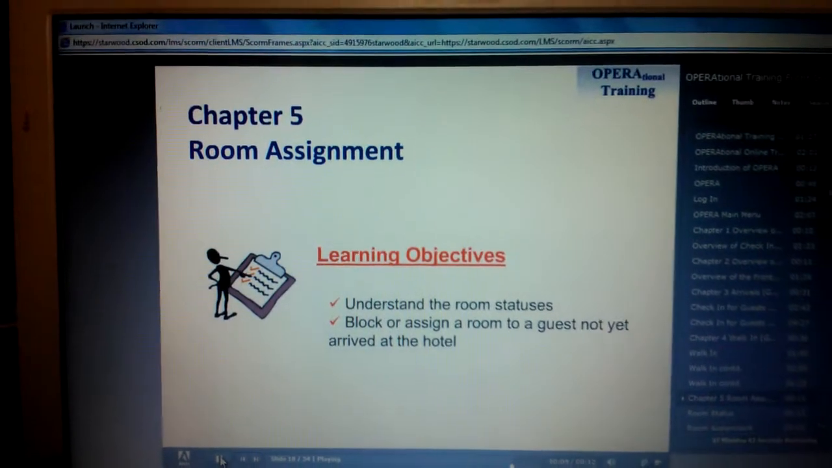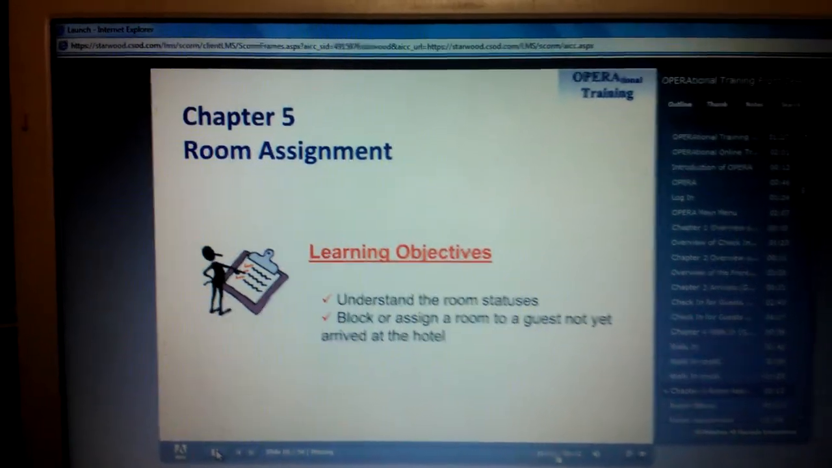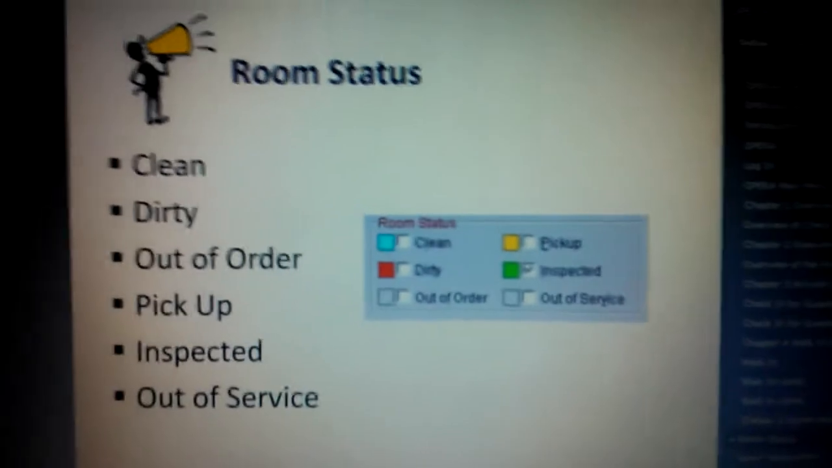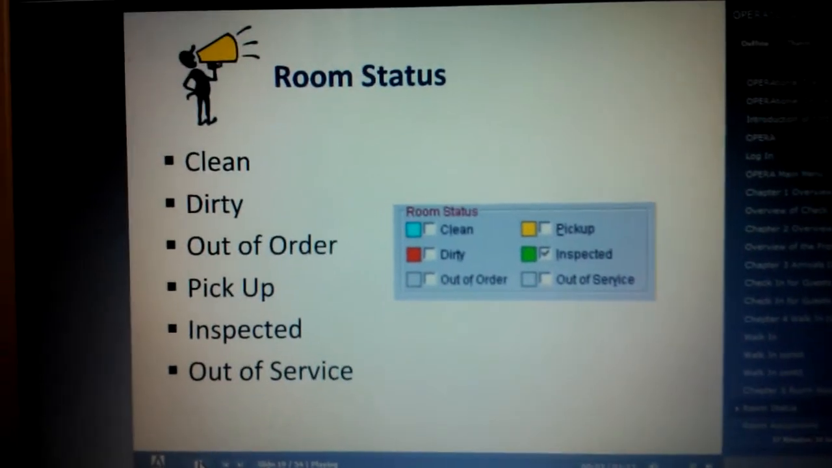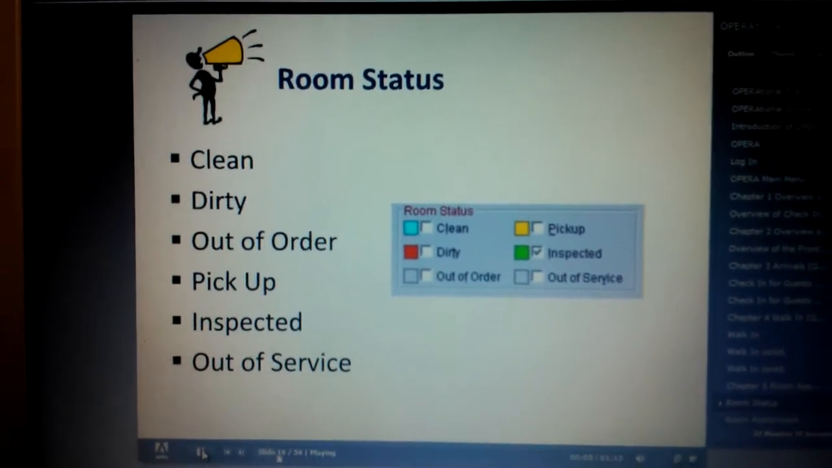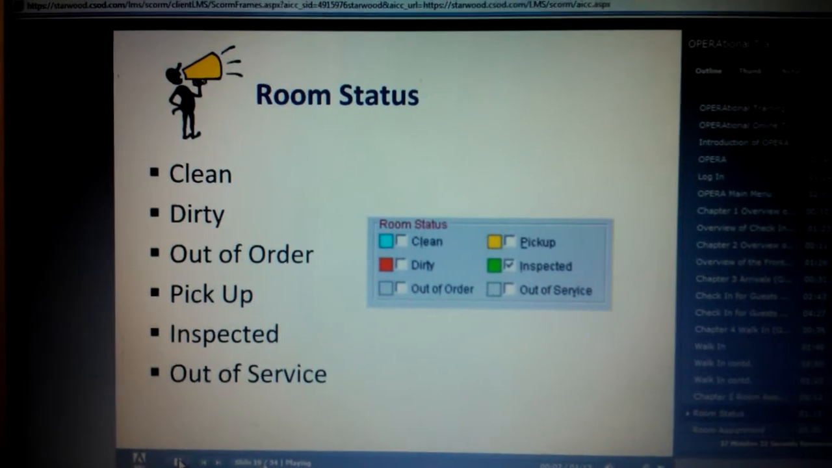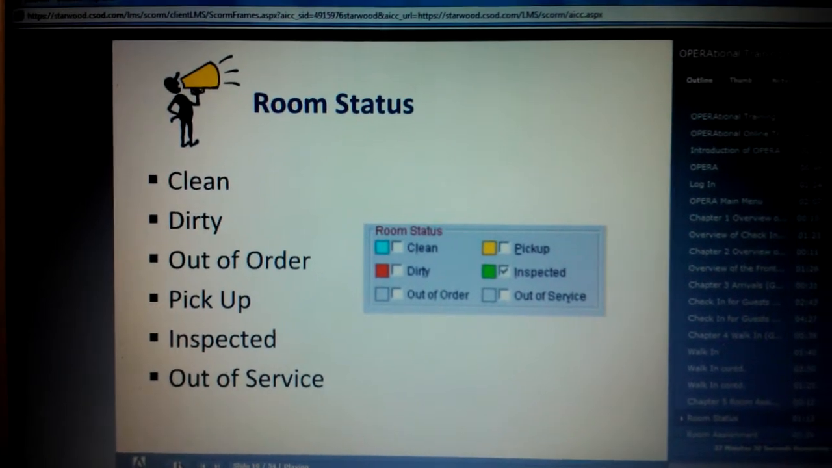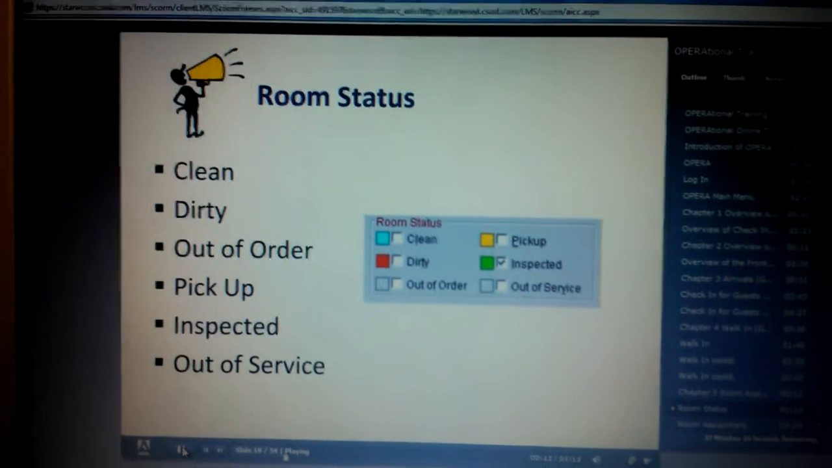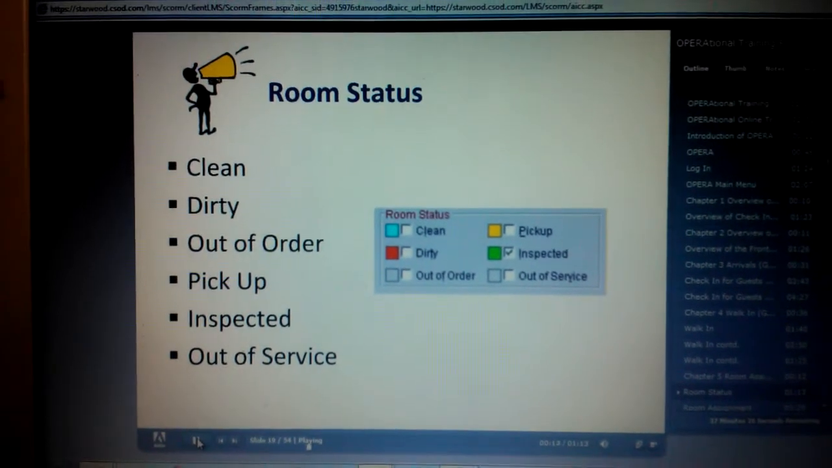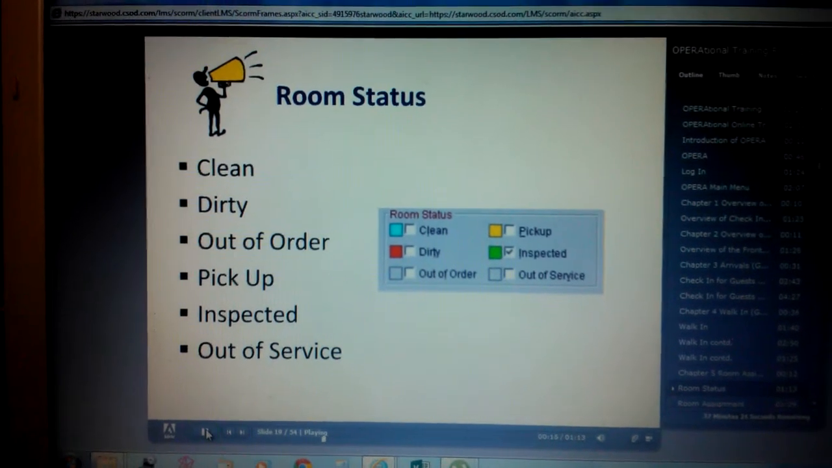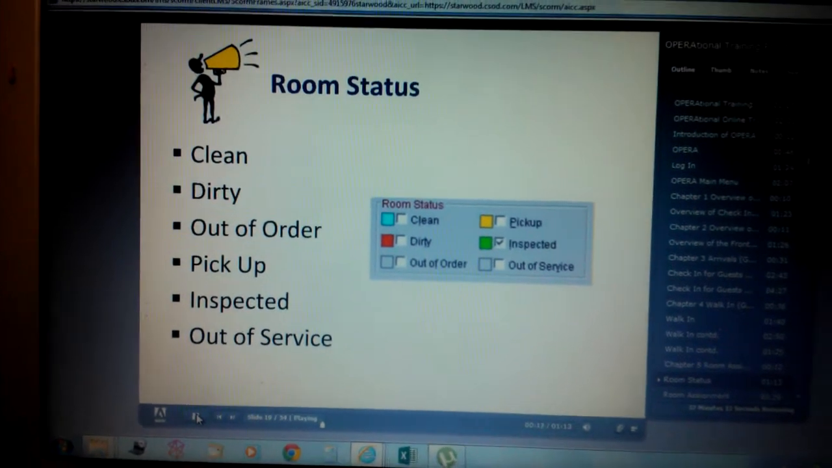or assign a room to a guest not yet arrived at the hotel. Every room is assigned a room status in the system. The room status indicates the activity for any room within the housekeeping department scope. The status is updated by the housekeeping department as soon as they have cleaned or inspected a room through an